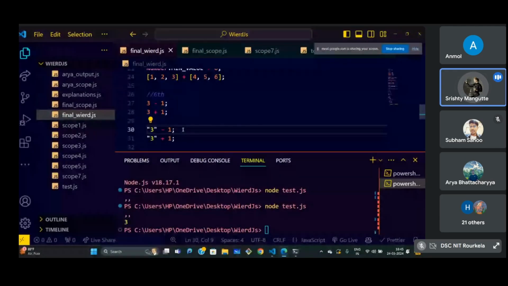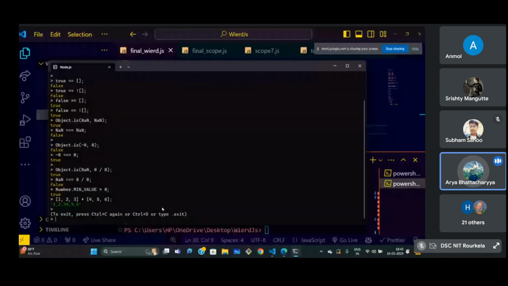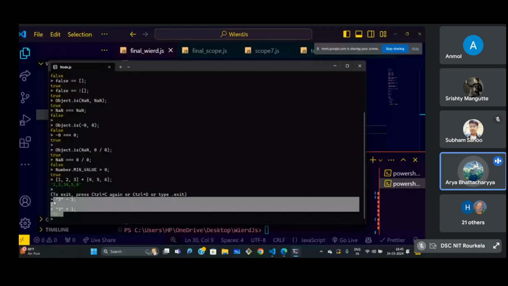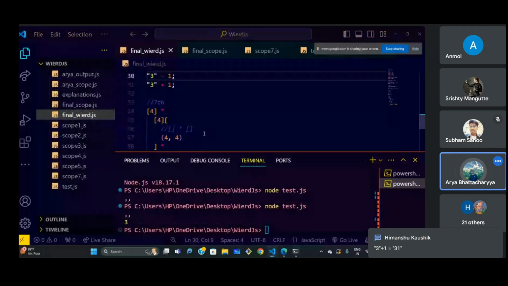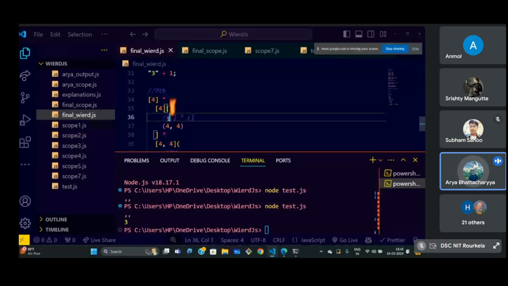Correct. In second, it is string. In second it is string, correct. So first one, it will be a simple arithmetic operation as we have done. So this would return 2 and this would have a string concatenation, and so this would return 31. So that is the concept कि minus के time पे वो arithmetic operation हो जाता है. So that is the thing. Based on this, you guys can try out this question.